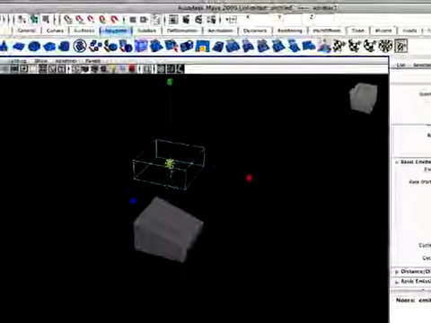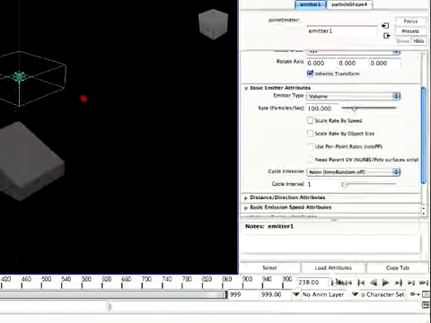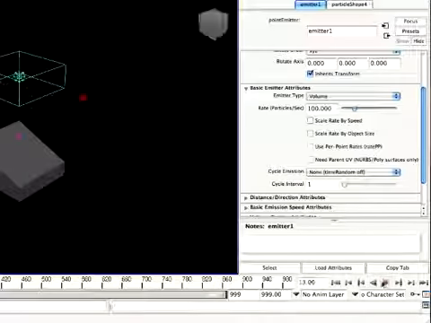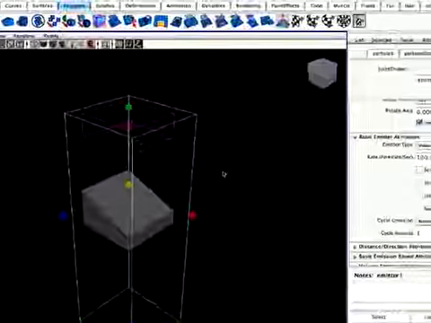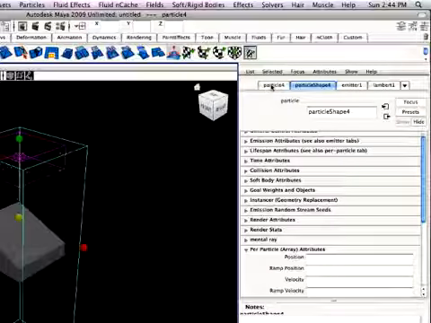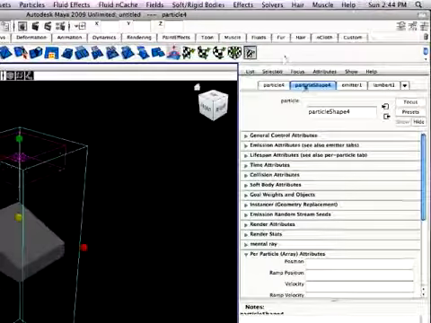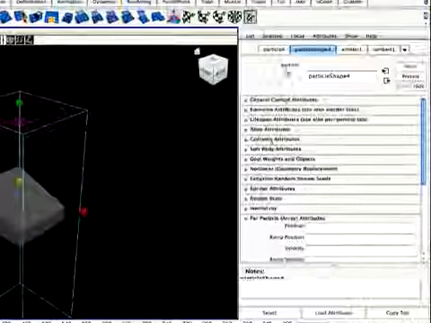Alright, so now the next thing we're going to do is we're going to change the shape and color of these particles. So, to do that, we're going to go up to particle shape and go to render,